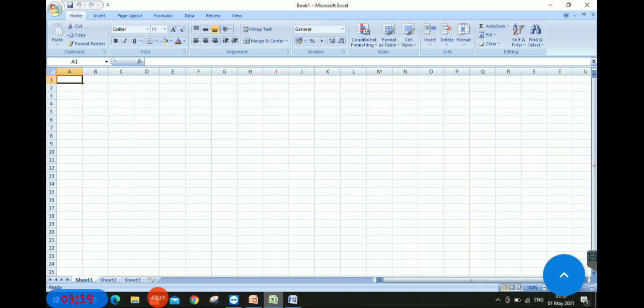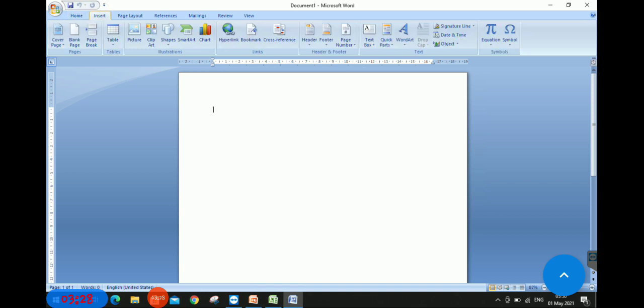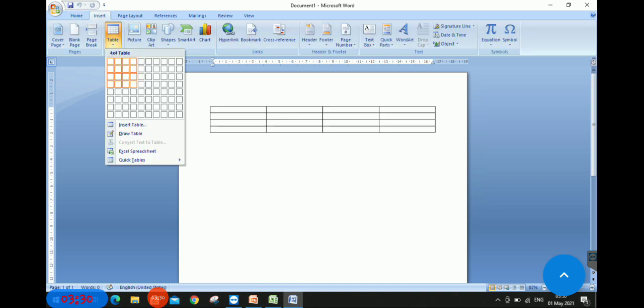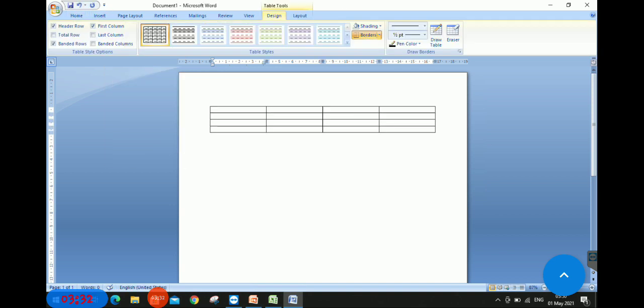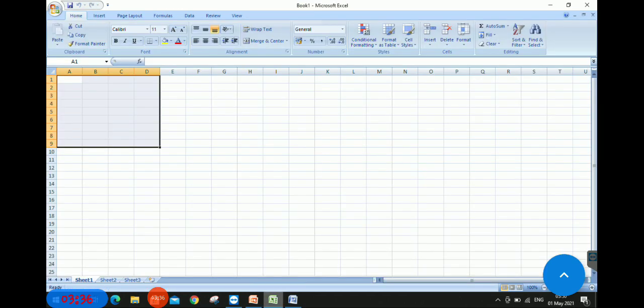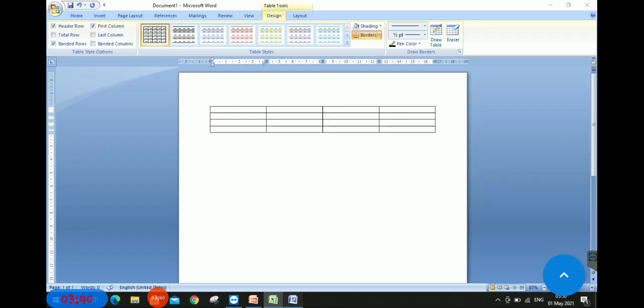Here is one data written, and I have to copy that into Microsoft Word in table form. But when I click on Excel, the Microsoft Word window goes minimized. When I open Microsoft Word, Microsoft Excel minimizes.